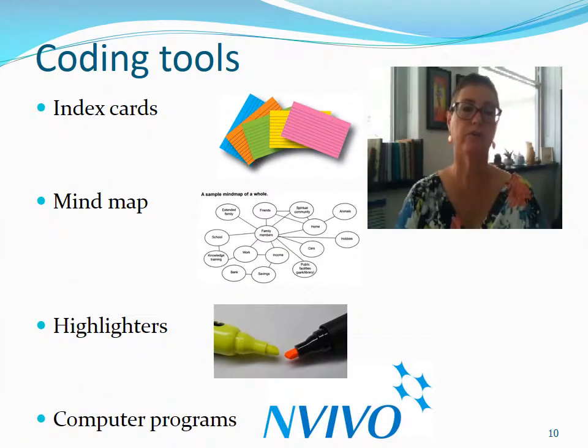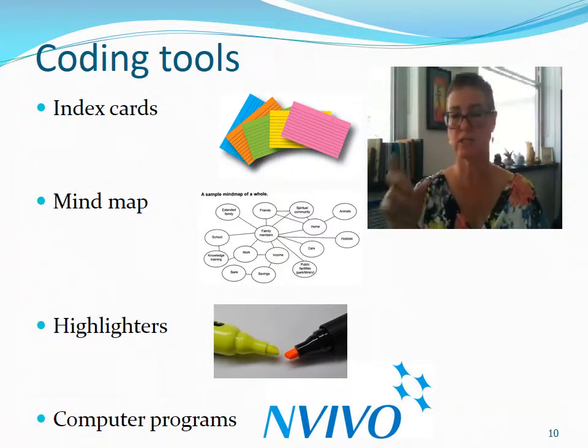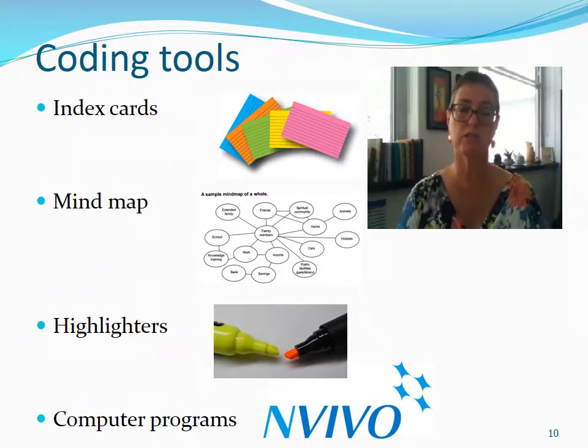Tools that you need, very simple. You might need some index cards. You might be using a mind map. The colleague that I said who loves to post things all around the room, she tends to like that mind mapping thing. She likes to see it outside of her. Using simple highlights, we've done that on some of our memory work stories. We've had various themes, and then we've just highlighted in the text where those themes are present. You can also use a computer program, which I did for my PhD project, called NVivo.